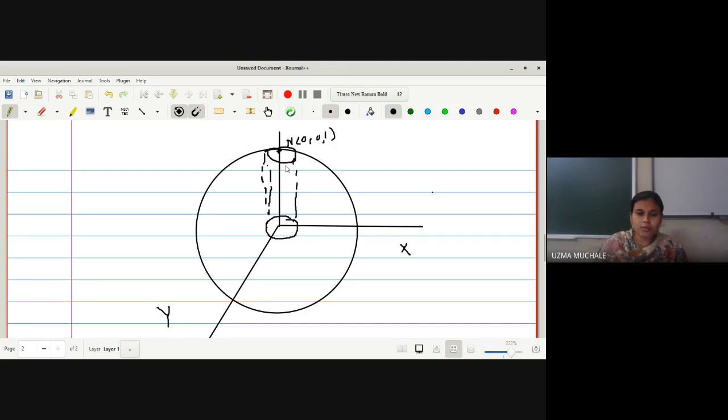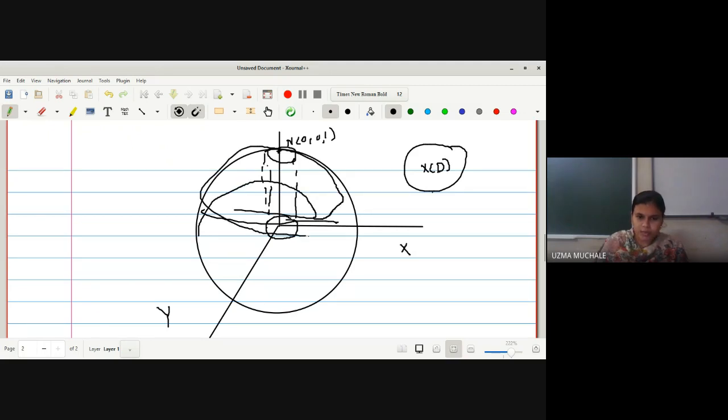And this will be true for, क्योंकि आपका ये जो proper patch आपने find out किया है, right, x of d, it will cover the whole of the half sphere. ओके, ये आपका पूरा half sphere को cover कर सकता है, because here we have found only for our point, क्योंकि यहाँ पे आपको सिर्फ एक neighborhood find out करना था, right. But we can say that this will cover the whole half sphere.